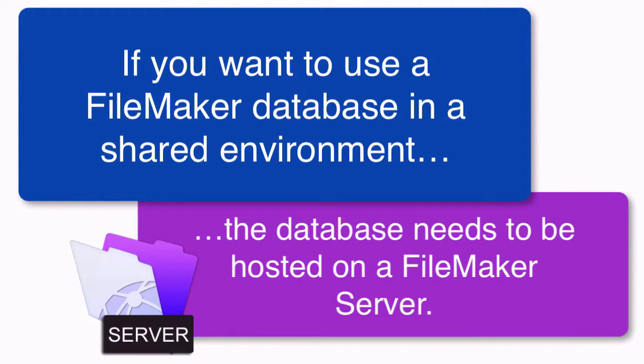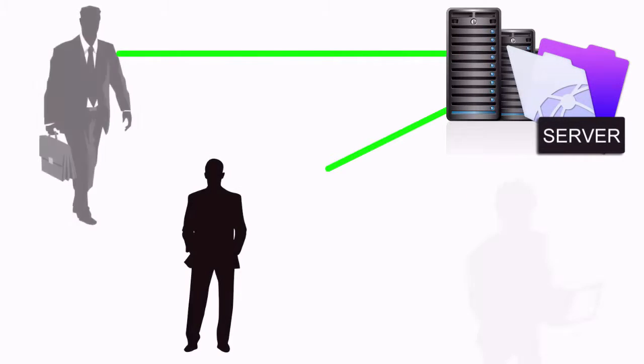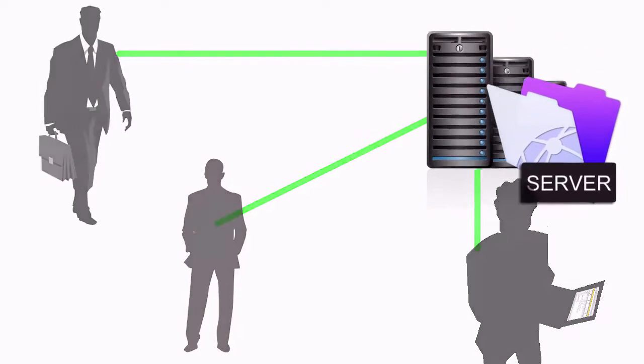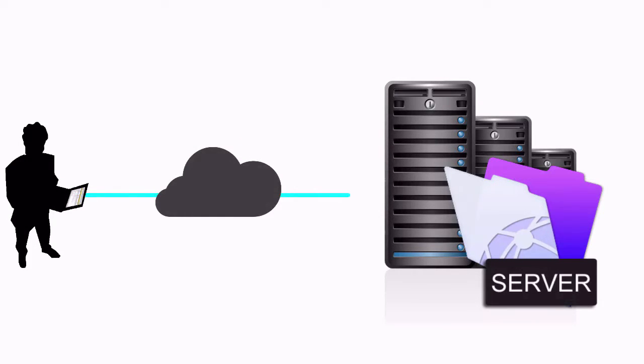Now you do have a couple options in how you leverage FileMaker Server. You can purchase a copy of FileMaker Server yourself and run your own server. If you have mission-critical databases that need to be accessed by your in-office staff, it may be best that you actually have your own FileMaker Server running on a dedicated computer that's located within your office. Now this machine could still be configured with a static IP address that would allow remote users to access a